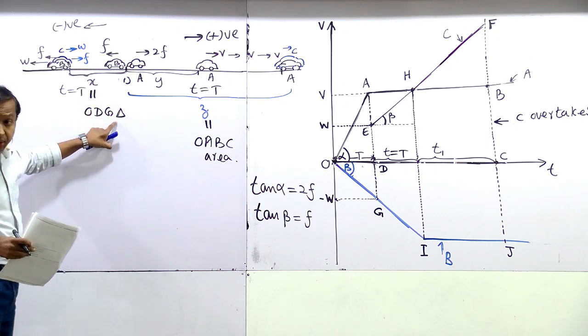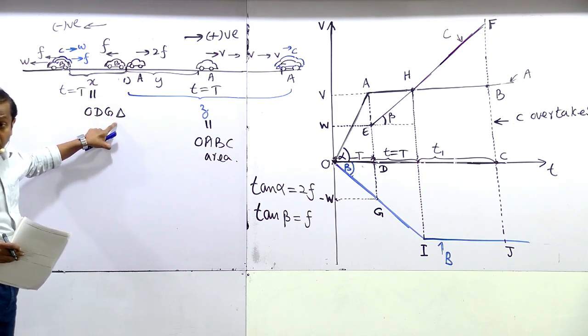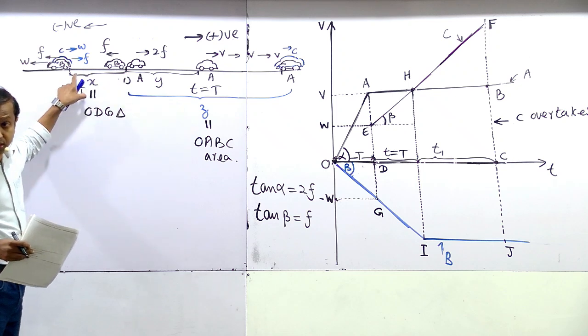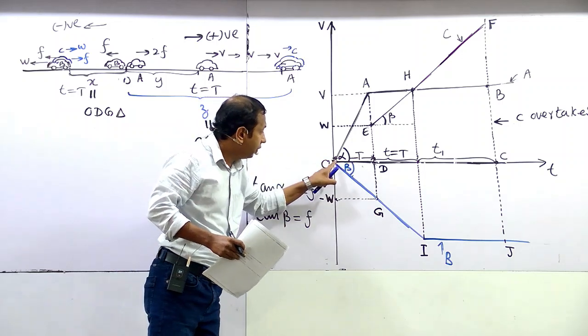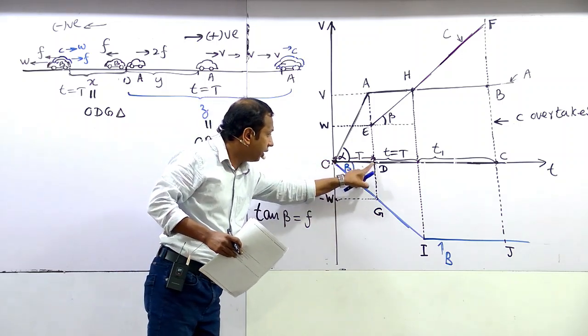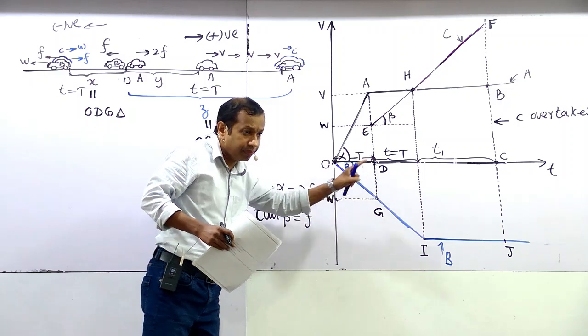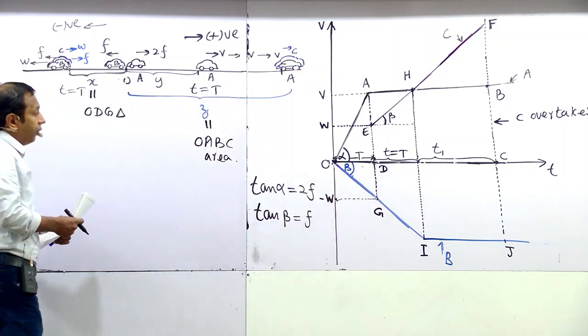X is the ODG triangle area. Why? During the time T, consider the distance traveled by B to the left. During time T means this time. The VT graph of B is from here to here, and the area covered by that is X. Right. Write down. Therefore,